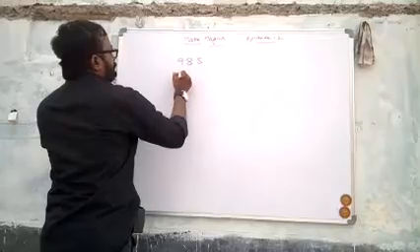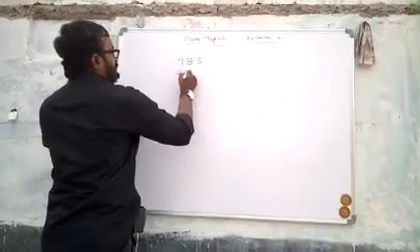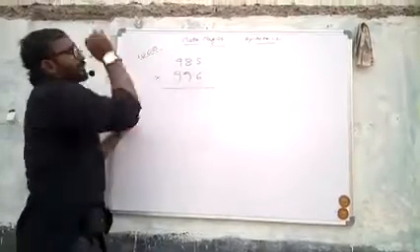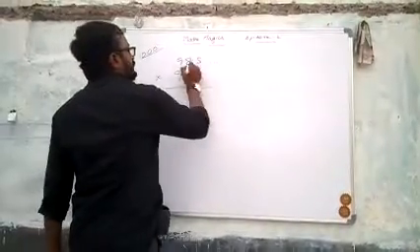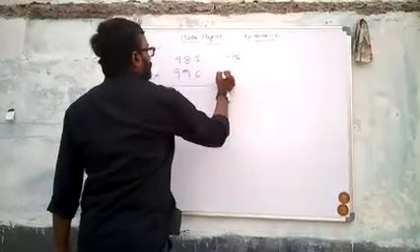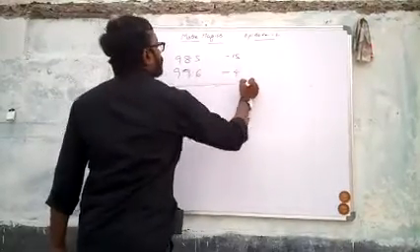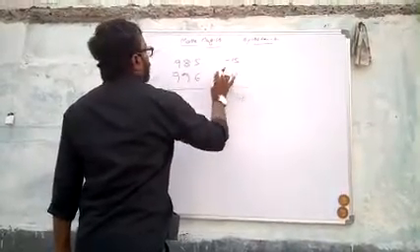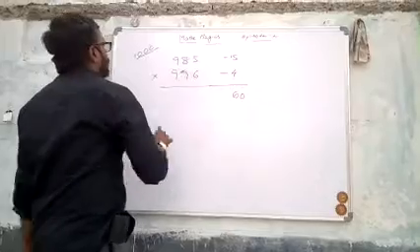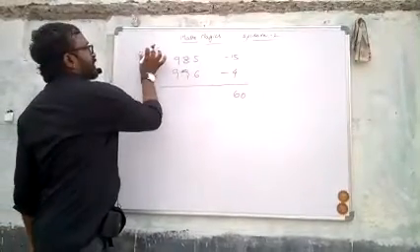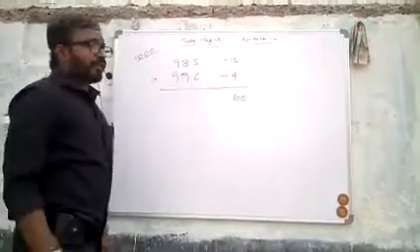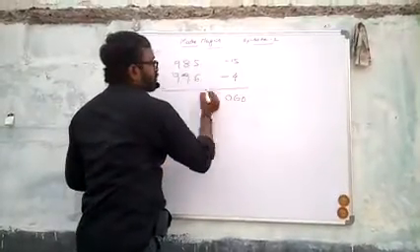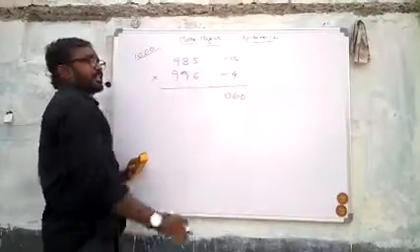Like that, if you want to find the product of 985 into 996, if you want to find the product of these two, its base is as usual 1000. So 985 means minus 15, and 996 you should write minus 4. 15 times 4 is 60, minus into minus is plus 60. But here it is a 3-zero number, its base is a 3-zero number. That is why we should use one more 0 here. We have to get 3-digit satisfaction.